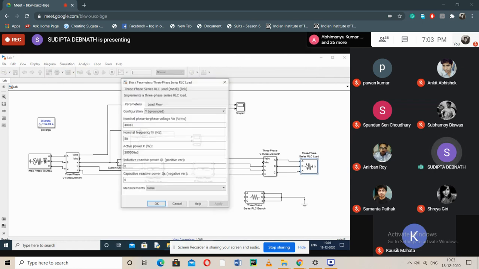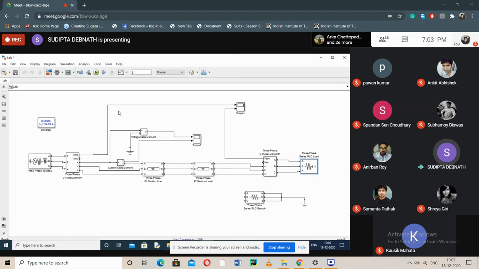We are decreasing this value. Say 1 watt means 0. You have to give some value. We cannot give it 0. Okay. Say 0.001. That means into a kilowatt. That means 1 watt. This means this is almost equal to no load condition. Then we will again run the system.